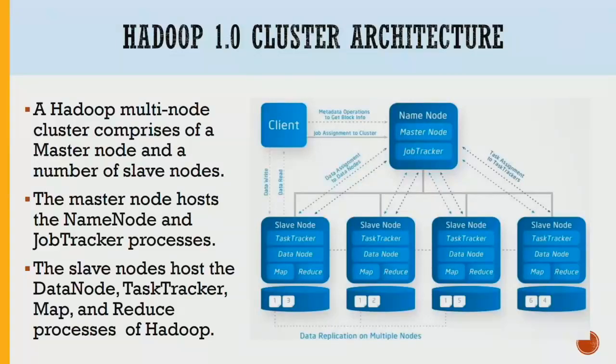So on the slave node, the task tracker is responsible for starting the map and reduce functions or logic on that node, and the map and reduce functions, as the names imply, do the mapping phase and the reduce phase over the data. So when you program your MapReduce application, you need to understand all these abstractions: task tracker, data node, MapReduce, and be able to manage your application around this software abstraction. This is something you have to keep in mind.